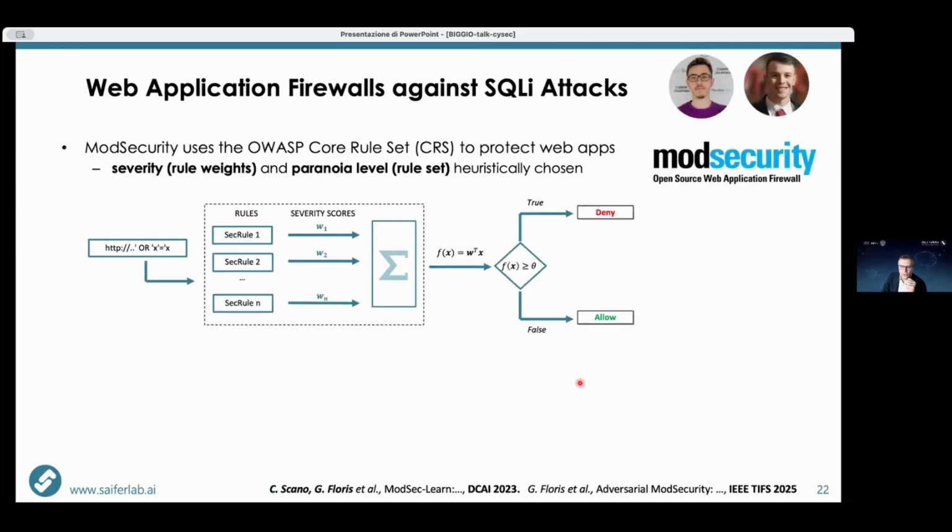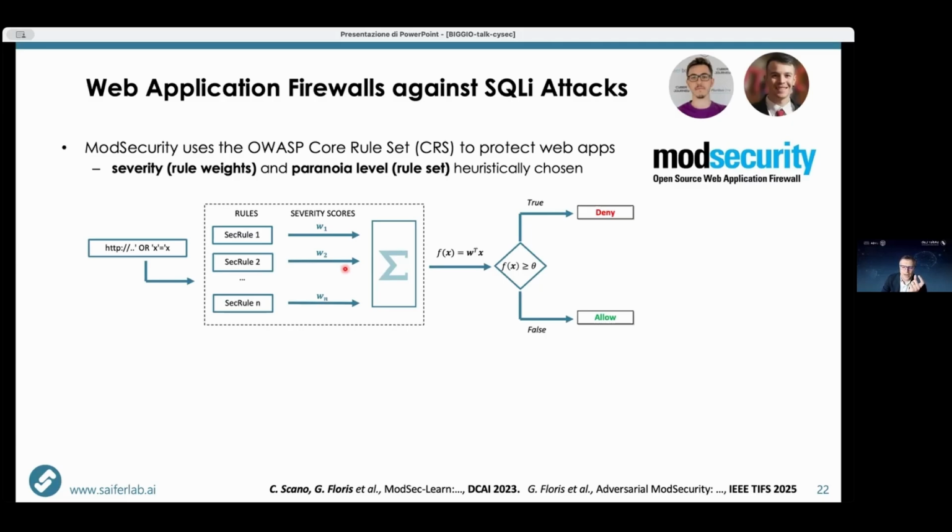As another example, we've been working also on improving web application firewalls against SQL injection attacks. What we noted in this recent development was that some of the open source filters, like ModSecurity using the Core Rule Set, consist of basic rules developed by domain experts that would stop attacks. For each rule they consider a severity score, which is how much impact the attack could have, or how damaging it can be to the system. That's basically what this severity level means.